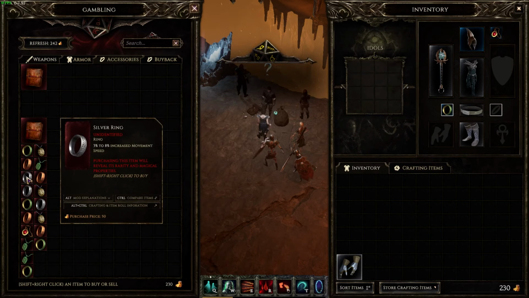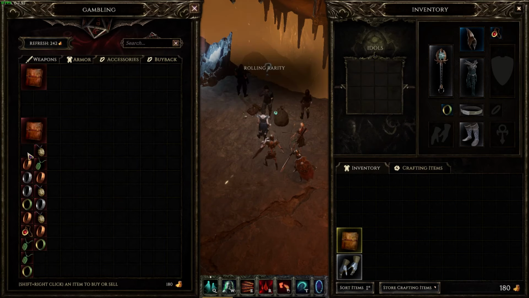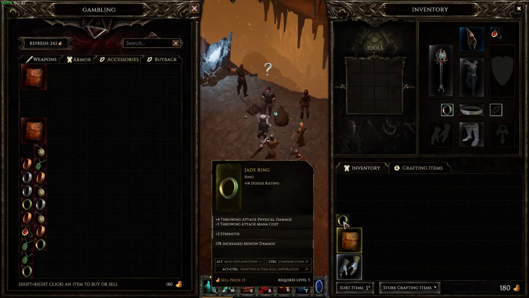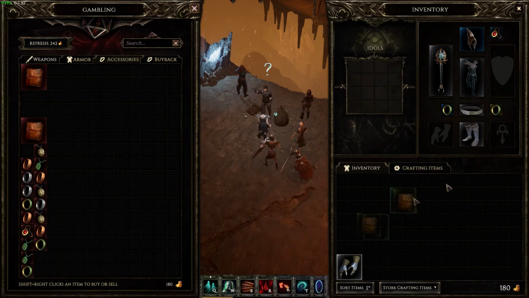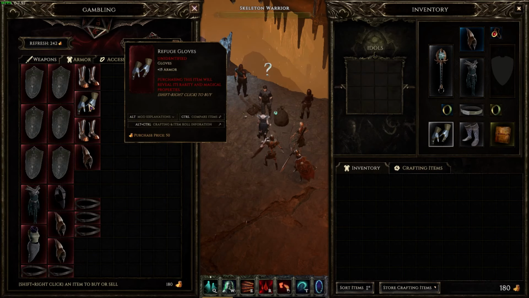If you want, the silver ring can give you more move speed. The jade ring will give you more dodge. This is extremely useful early game, so I usually always try to get the jade rings. As you can see, we didn't really get anything useful except for minion damage. However, we do have the passive 14 dodge, which helps. We got a bunch of void protection on our relic. That's great. We got a common gloves, and we have enough gold to try for another pair of gloves, and